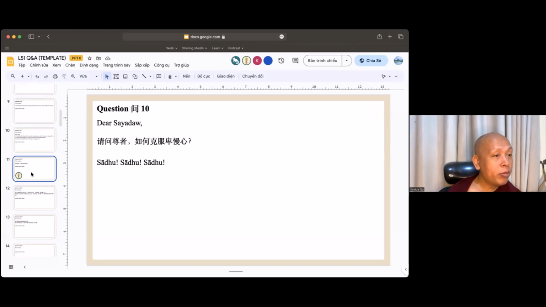Dear Sayadaw, how to overcome hina mana? If we know dukkha, for example, right? If we know dukkha,